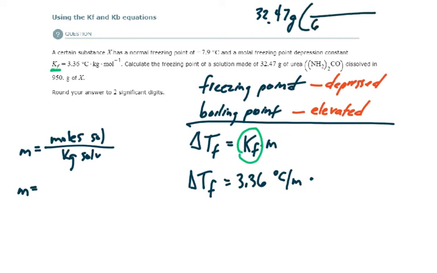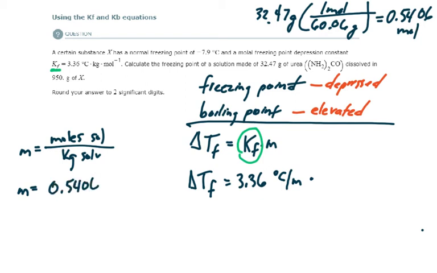Urea has a molar mass of 60.06 grams per mole. 32.47 grams divided by 60.06 gives me 0.5406 moles. So we have that many moles of solute, or urea,